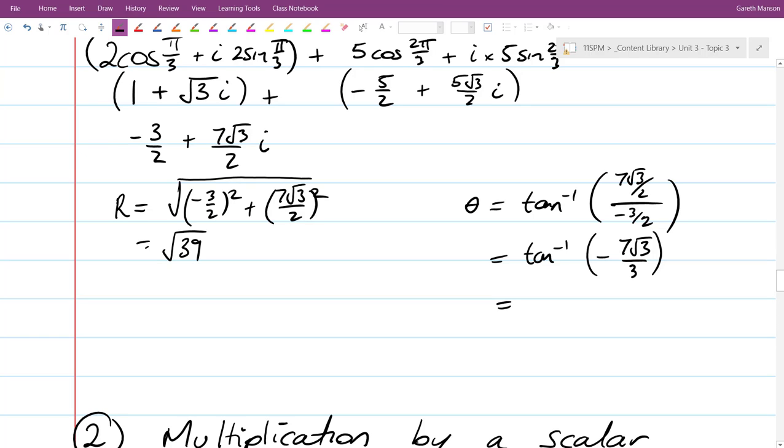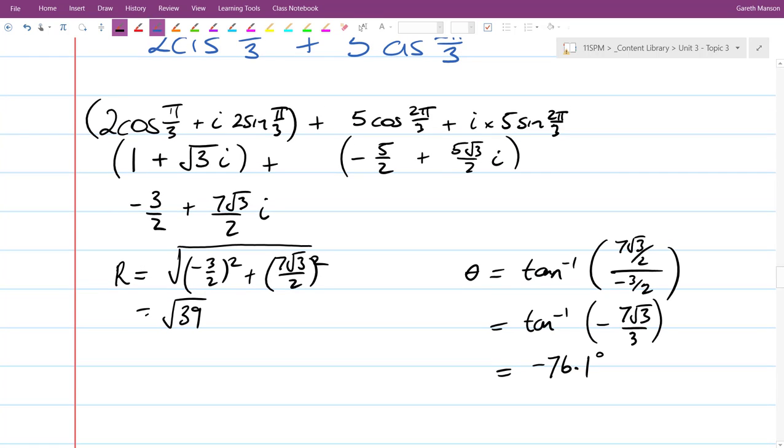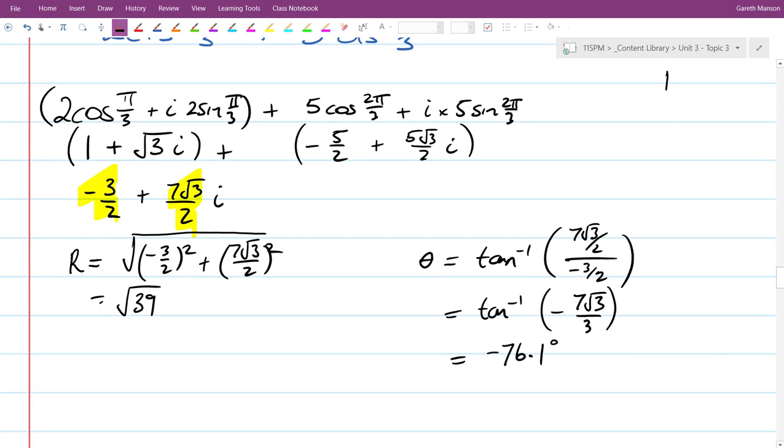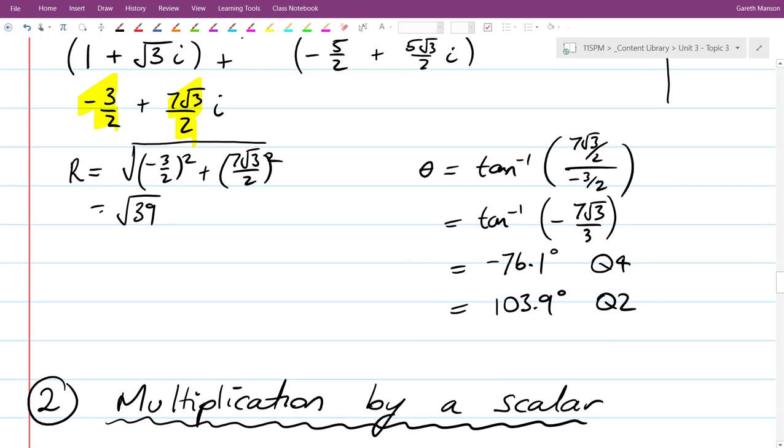Negative 76.1 degrees. And of course, we have to go back and be quadrant aware. In this case, I've got a negative horizontal value and a positive vertical value. So if I do a little sketch of where this is, it sits approximately negative and positive about here. So it's in the second quadrant, so I have to add 180 to that. And that gives me, so this is in quadrant 4, but it's actually at 103.9 degrees in quadrant 2. And so our solution is root 39 cis